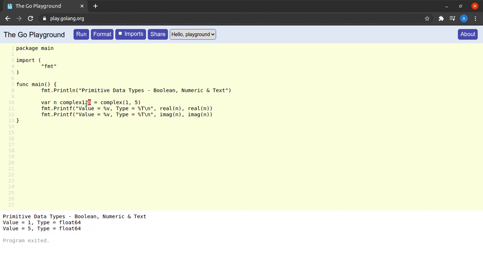What if the complex number were a complex64 type of number? Let me go ahead and run this, and I see that both the real as well as imaginary part are of type float32.